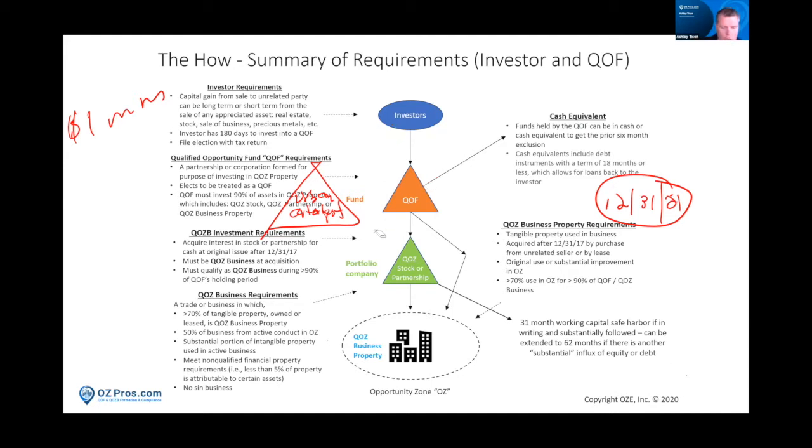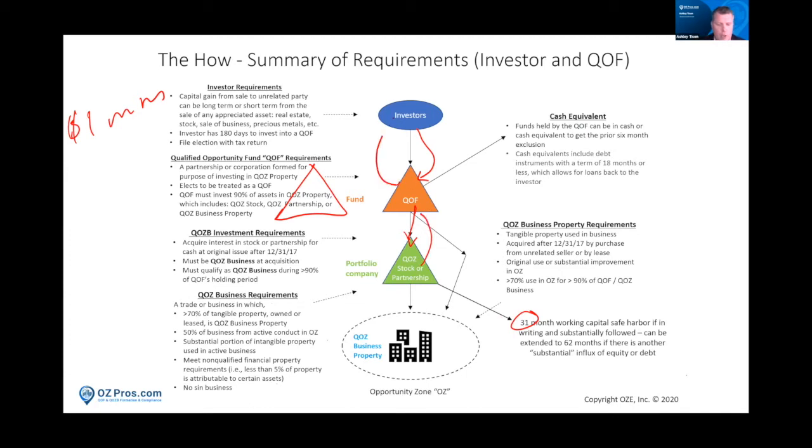Another play or a potential play was, and this is exactly what they did, they dropped the money into their QOF, and then they actually put it down into their QOZB, and they said, listen, we really want to be in this other QOF, and we really like their deal. And so they said, we're amending our 31-month business plan. We're deciding to return some of the capital to the QOF. The QOF then dispersed it back to the investor. That triggered an inclusion event, and then they put the money into another QOF. And so according to the letter of the law, there's nothing wrong with that.